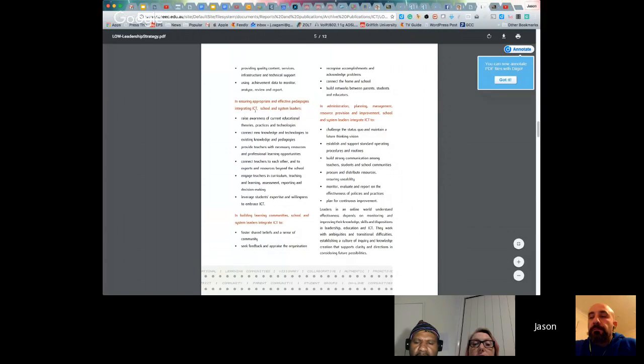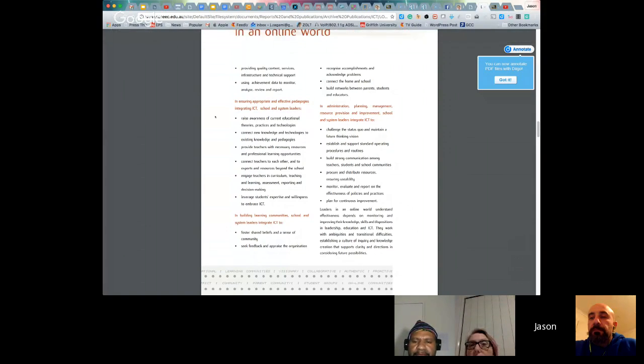But a few other things, ensuring that the use of the technology is supported. So making sure that staff are aware of the latest technologies, the latest practices and educational theories, and have knowledge of the new technologies and how to use them, through in-servicing and other programs that can support teachers, so that teachers can develop themselves professionally, allowing teachers to connect to each other and to share ideas and to develop expertise that they can then share with other teachers in the school and beyond the school,